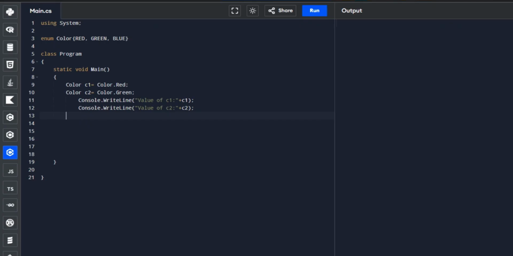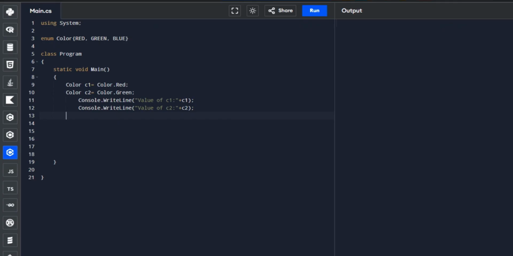The next operation is comparing the equality of the enum values.